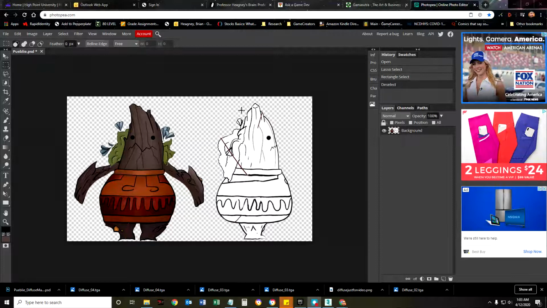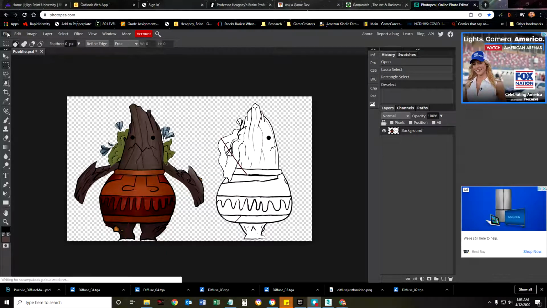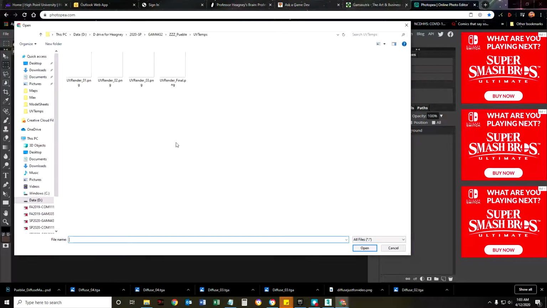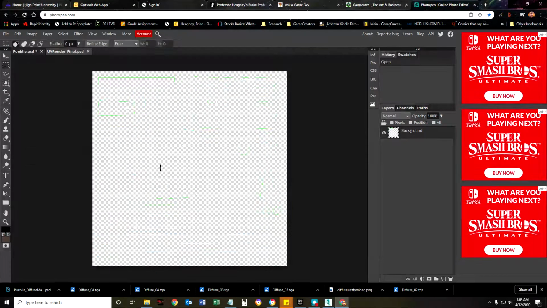I'm just going to introduce what I'm going to be doing in Photoshop, and after I do what I hope is a short introduction, I'm going to spend probably a couple hours, maybe 1 hour, photoshopping something up, and I'll play it back at high speed. What I'm going to do is first open up that UV render, the final UV render that I